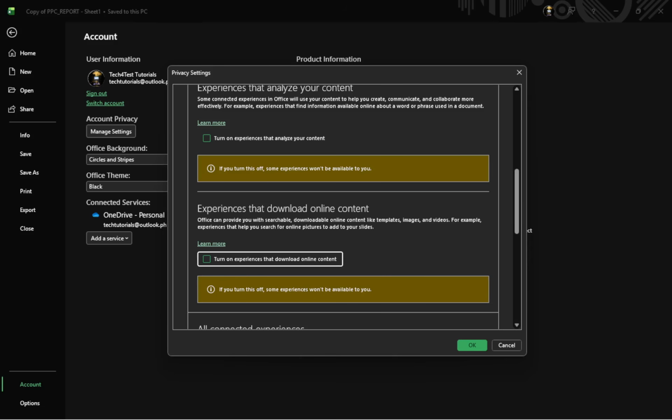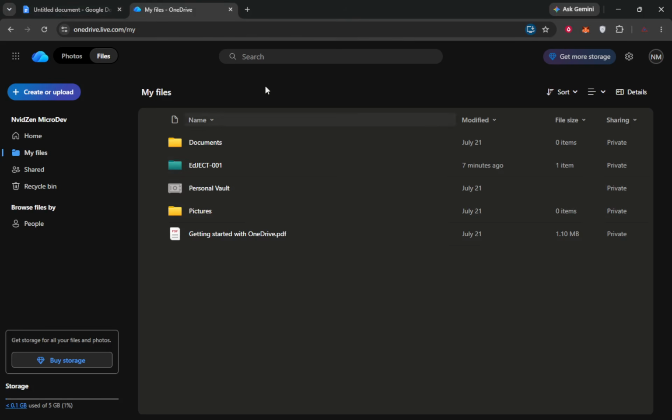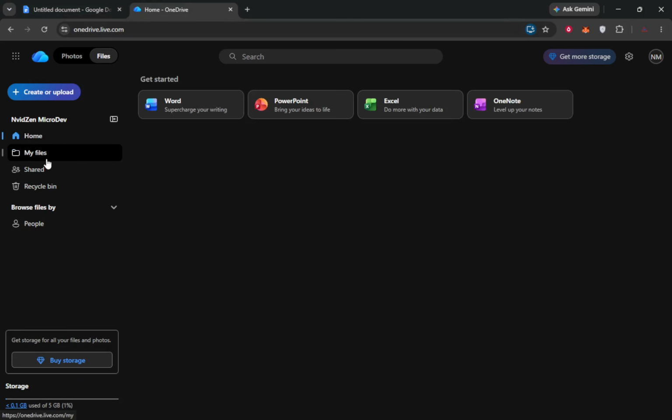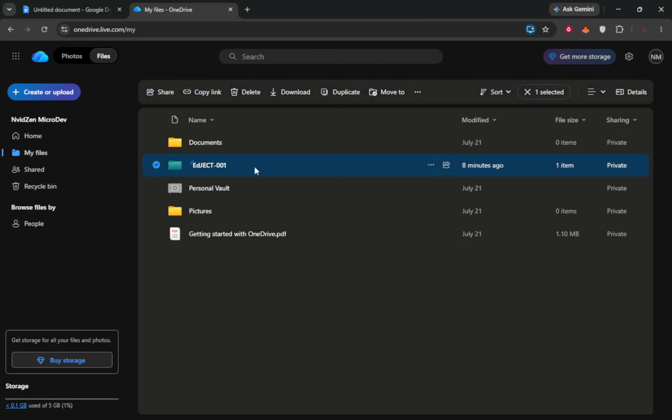Now switch to OneDrive and open it. You can do this on the web or in the OneDrive app, as long as you can see your files. Your main view should show your folders and individual documents, along with details like name, modified date, and maybe sharing icons. Find the file or folder you want to adjust. Scroll through your list or use the search box if you have many items. When you select an item, you might see its row highlight or a check mark appear next to it.